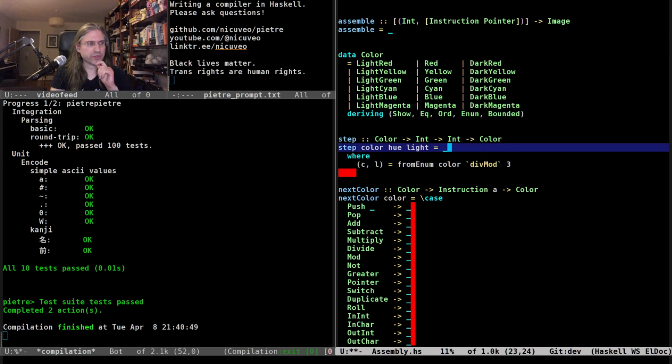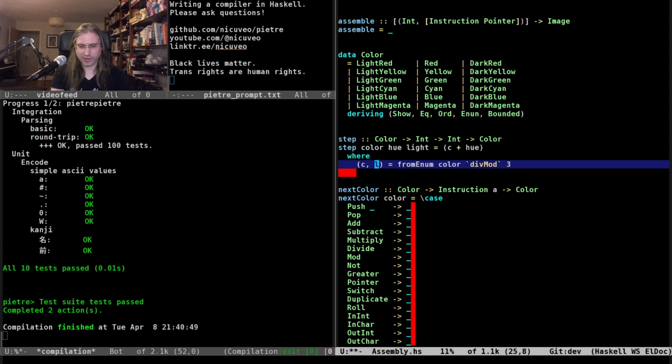Then the result of this is going to be color plus hue. Let's name things. Start hue, start light.